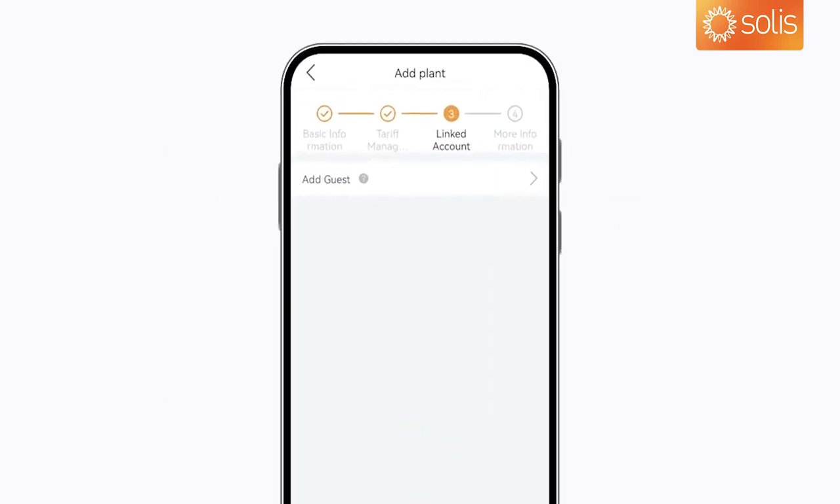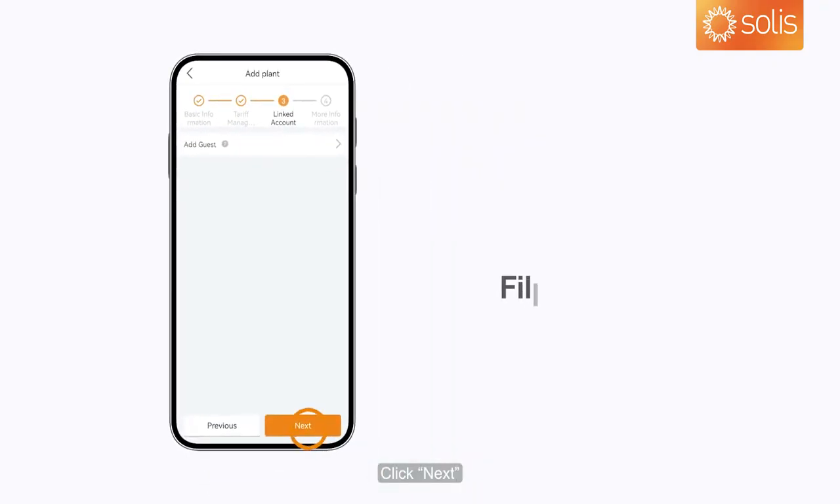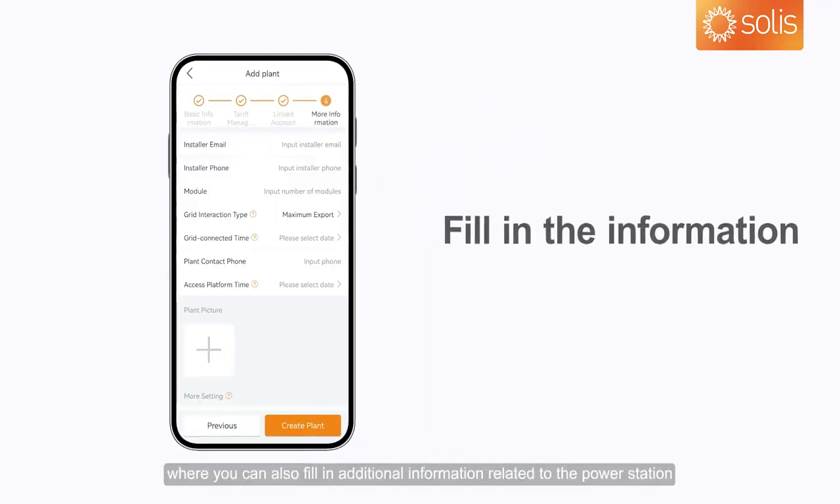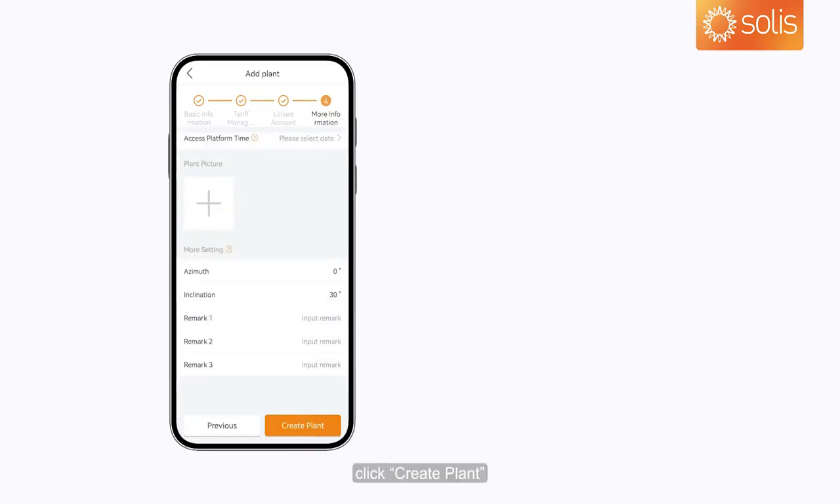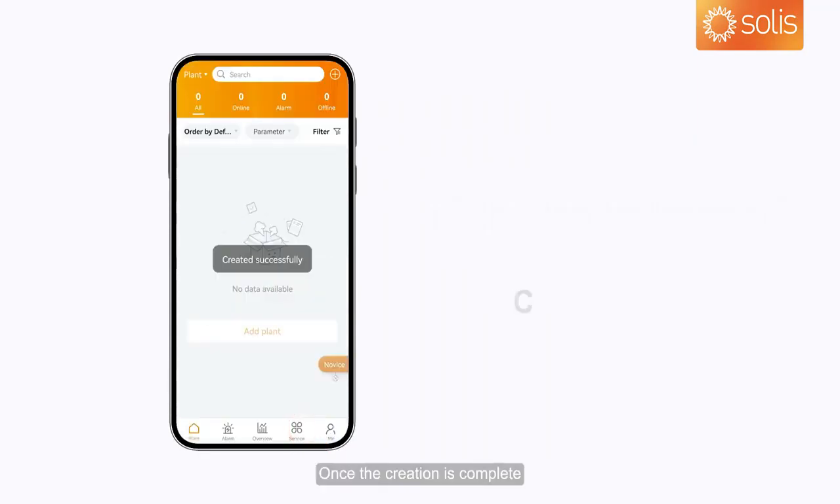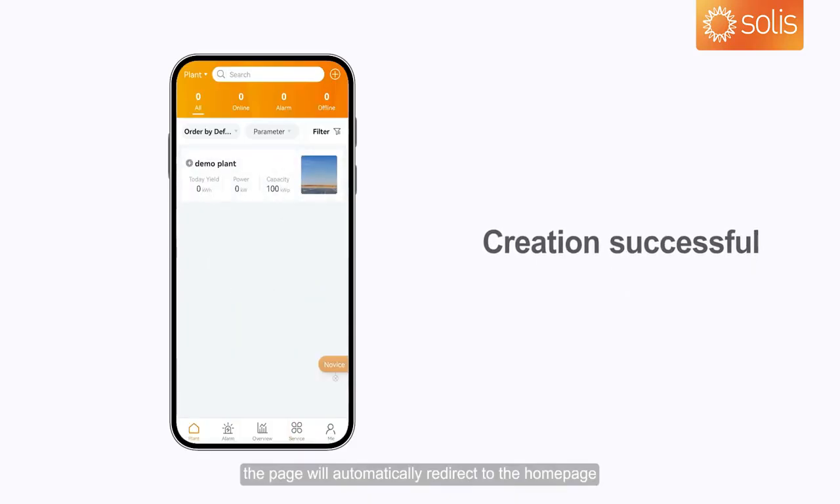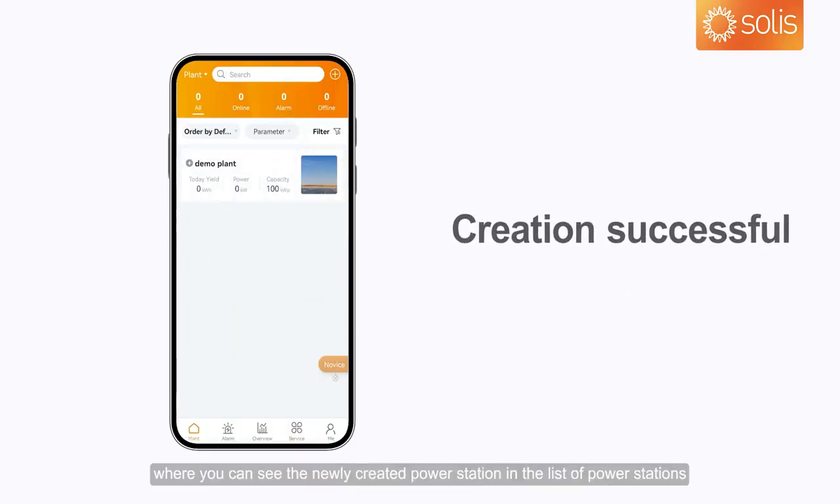On this page, you can add power station visitors. Click Next, where you can also fill in additional information related to the power station. Finally, click Create Plant. Once the creation is complete, the page will automatically redirect to the home page, where you can see the newly created power station in the list of power